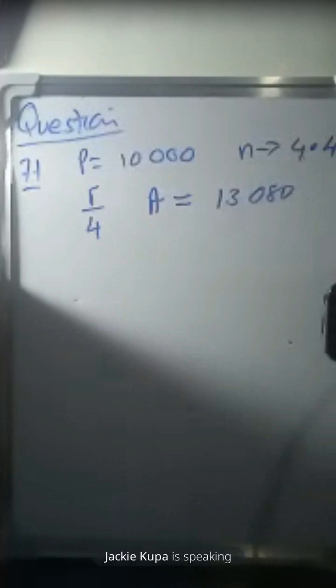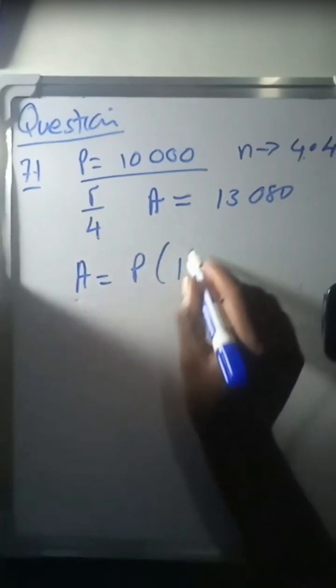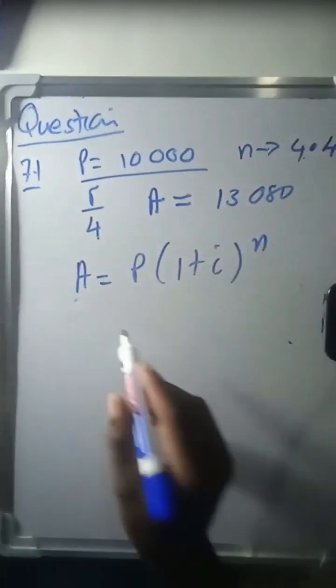Compound interest. And also, this one is a once-off investment, because remember that this 10,000 is not deposited each and every month or after a quarter. So it's once off. So we are going to use A equals P in brackets 1 plus i to the power of n. And our A is